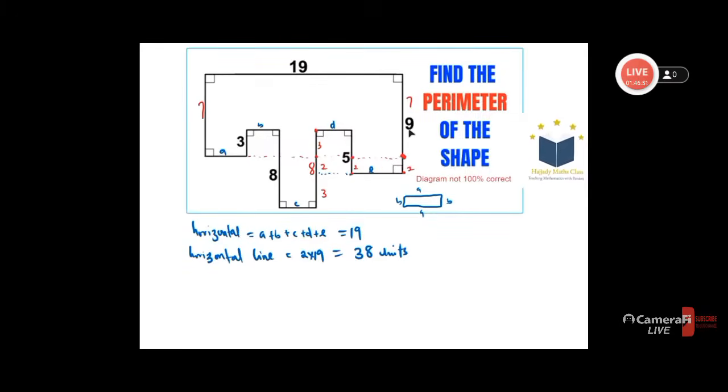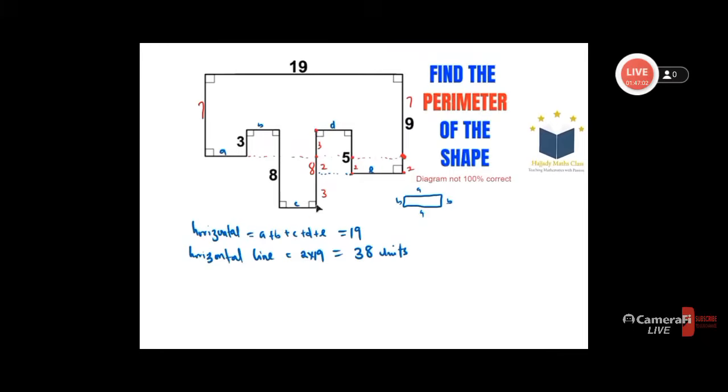So we've gotten that, and with that, we've gotten the first vertical line, the second vertical line, the third vertical line, the fourth, the fifth, and also the sixth. So summing up our vertical line,